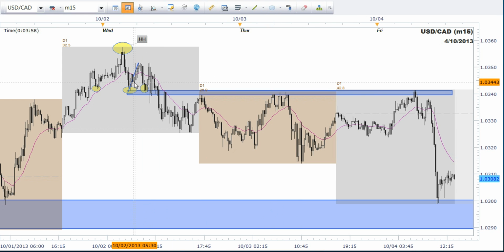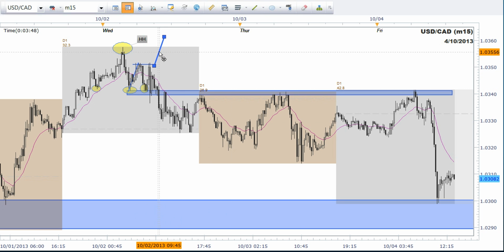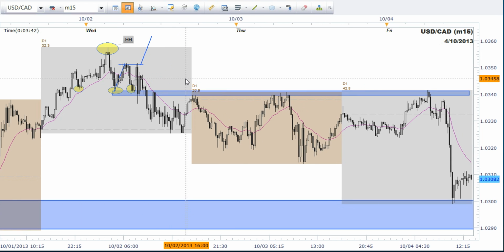And again, one would think that it would go above this level that it recently went to right here and beyond. It didn't do that again,